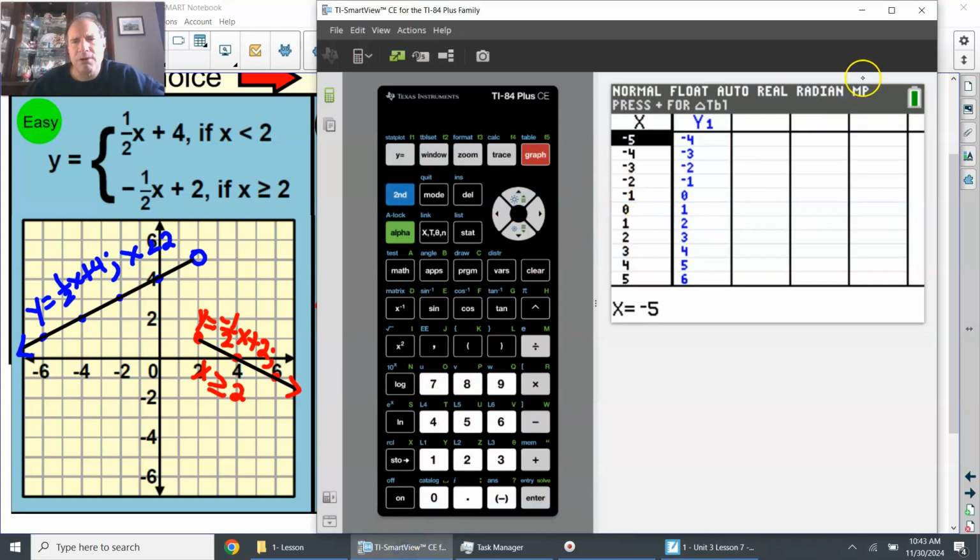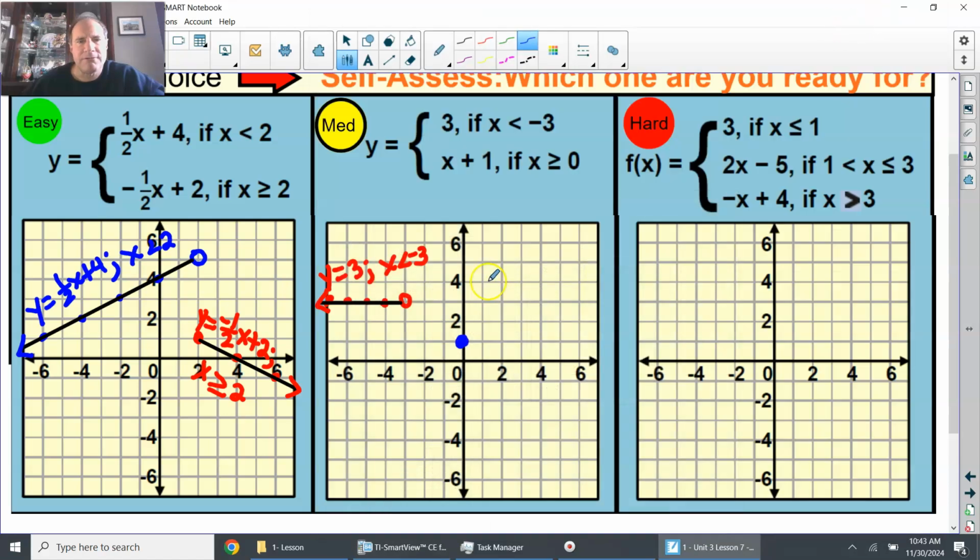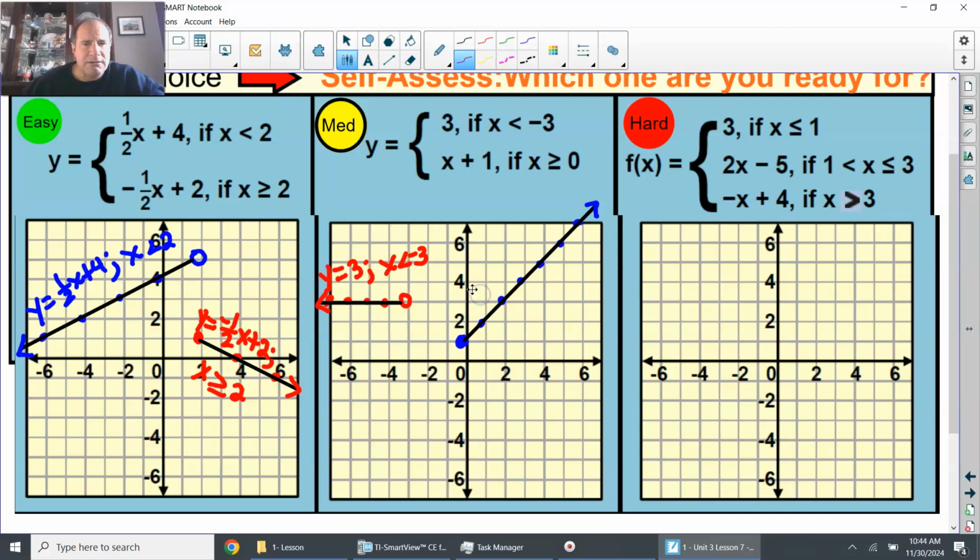(0, 1), (1, 2), (2, 3), (1, 2), (2, 3), (3, 4), and you go up like this because it's a rise of 1 and a run of 1. Slope of 1. Connect those points. You put an arrow at the end. It's a pretty sad looking arrow. Move it over, it looks a little better. And it's y equals